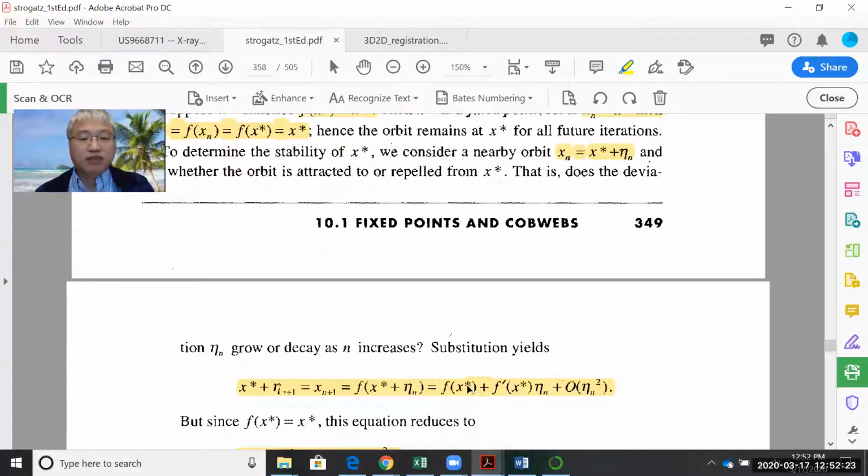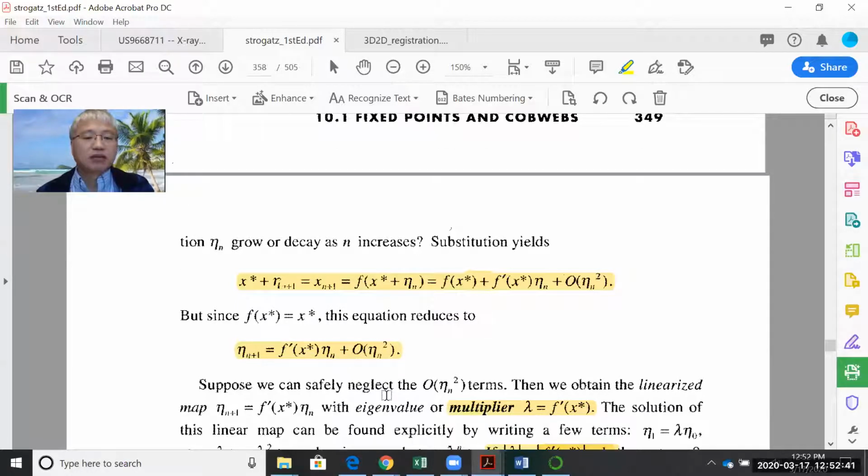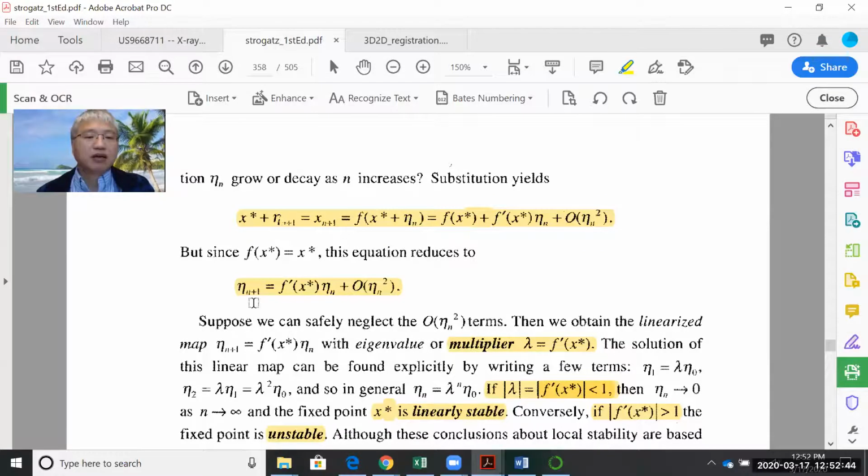And since x* is a fixed point, f(x*) equals x*. So x* and x* on both sides cancel out. What do we end up with? Eta_{n+1} equals f'(x*) times eta_n. We don't need to worry about higher order terms. Therefore, the stability of the fixed point will depend on this derivative of the function evaluated at the fixed point. This quantity f'(x*)